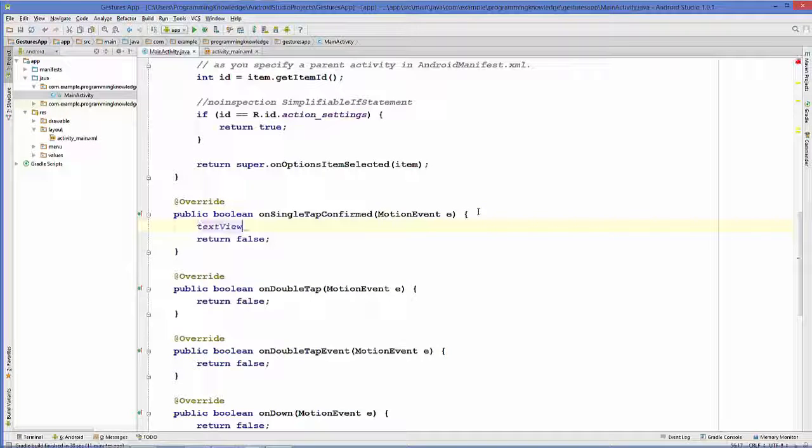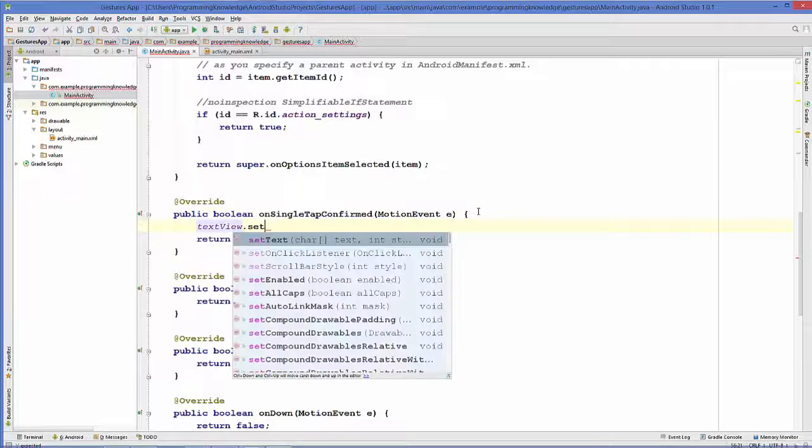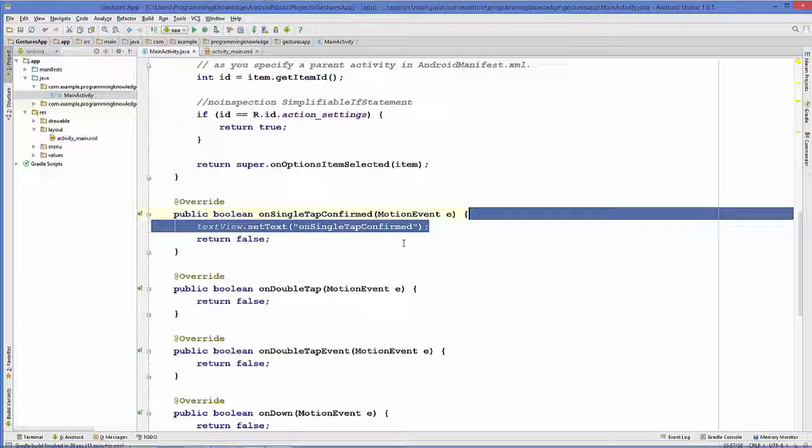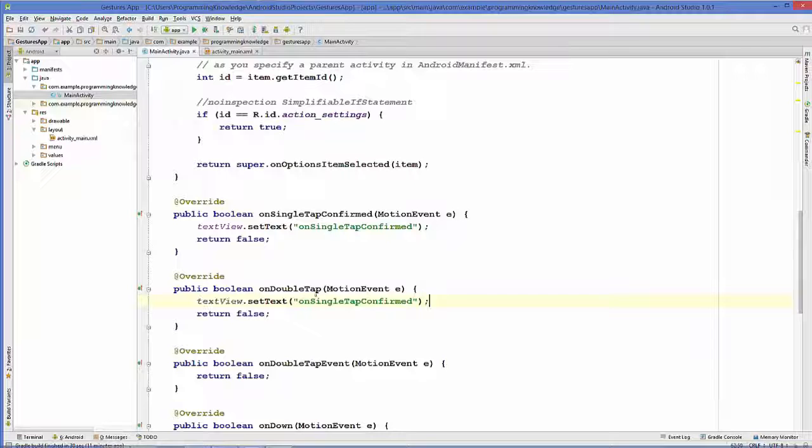Okay, so textView.setText, and as an argument of this setText, we will pass the name of the method simply. Okay, so we know which method is called, and it will be printed in this text box. The same thing I'm going to do for all the methods. So on double tap,